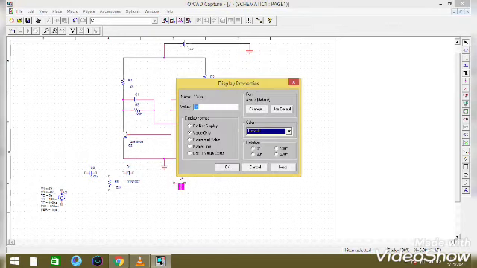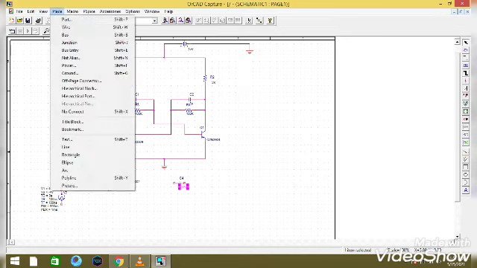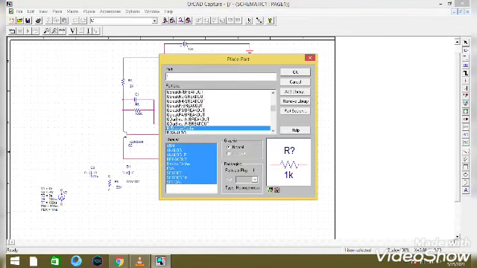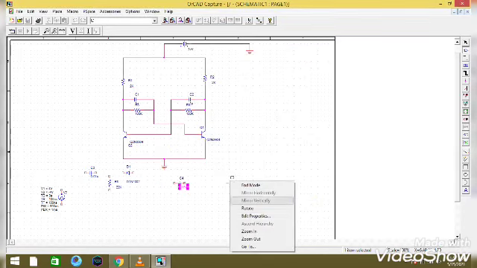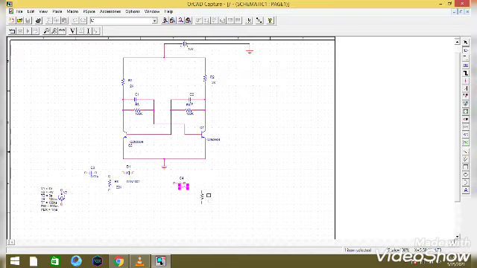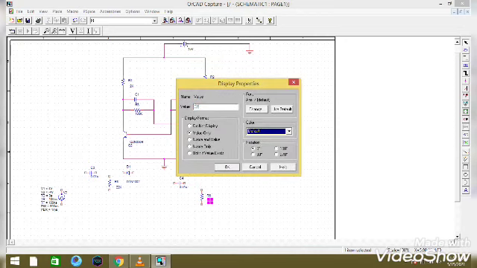Right click and end mode. Click OK. And I need one resistor. Go to place part, and I am taking one resistor. Double clicking OK and placing the resistor. Right clicking and end mode. I am giving the value for the resistor.